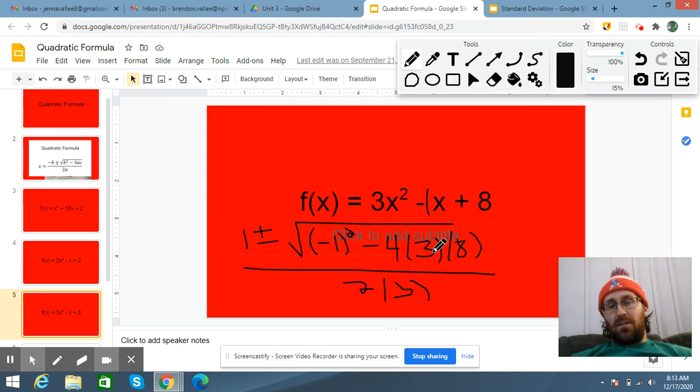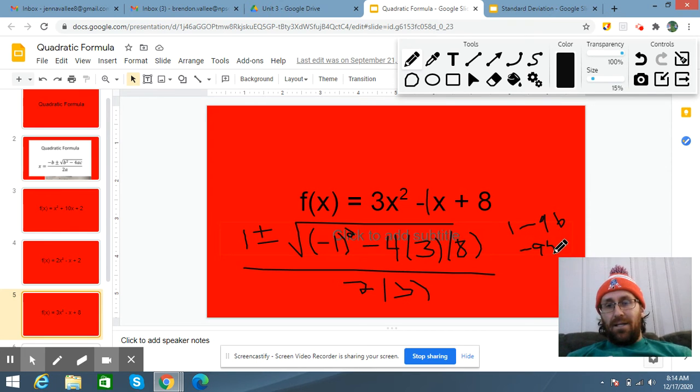So that's 12 times 8, which 8 times 10 is 80. 8 times 2 is 16, so that's 96. So that's 1 minus 96 inside, right? 1 minus 96, so that's -95